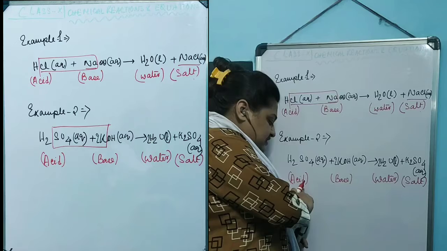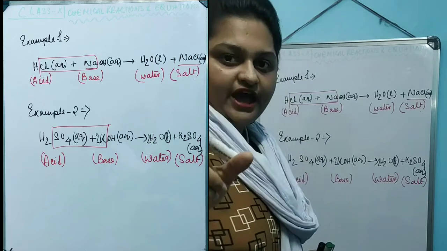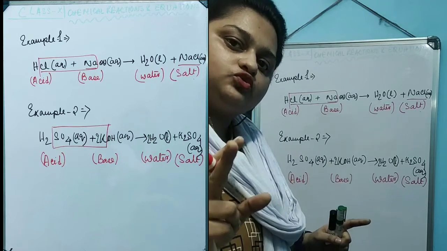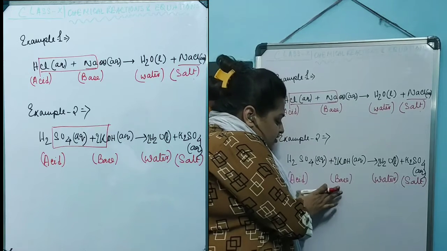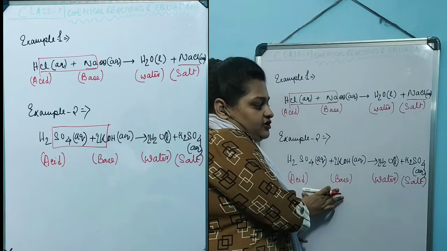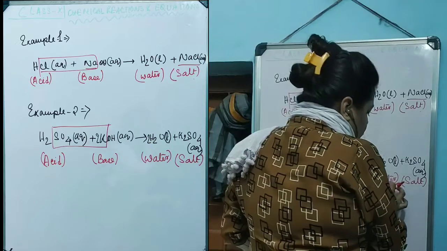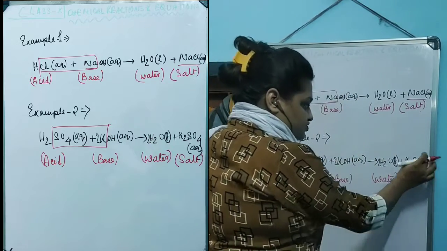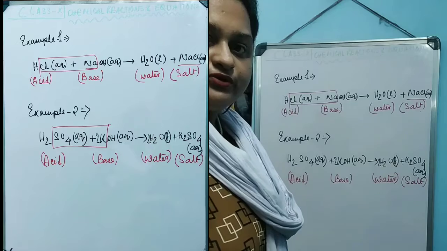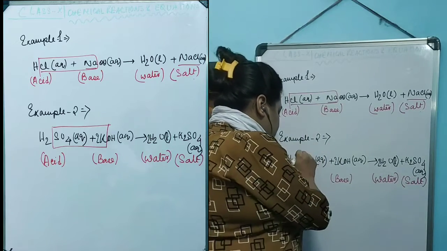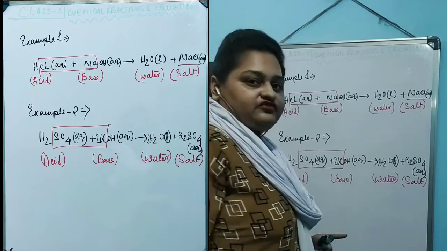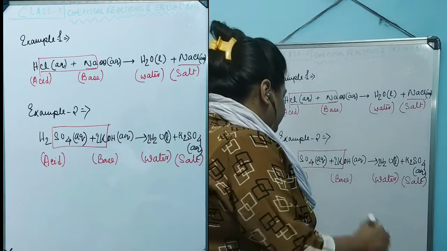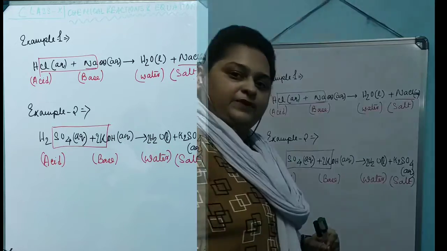So again, we have taken 2 reactants, and out of those 2, one is an acid and the other, KOH, is a base. So the acid and base react with each other to produce salt and water. The salt that is produced comes from the combination of potassium from the base and sulfate, SO4, from the acid.